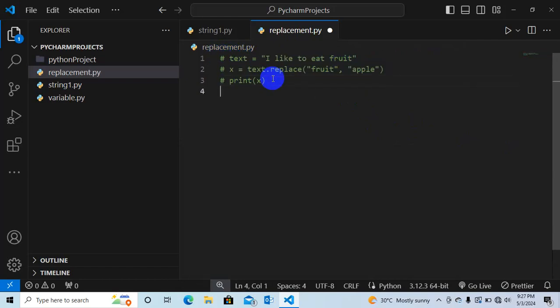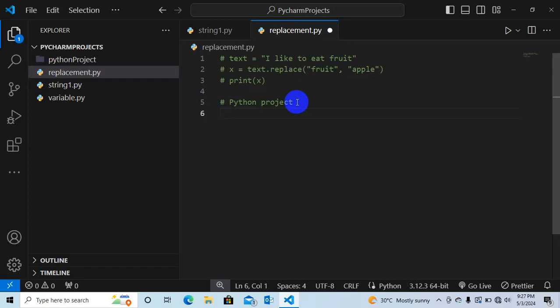Shift or control forward slash can also help us to comment our code.